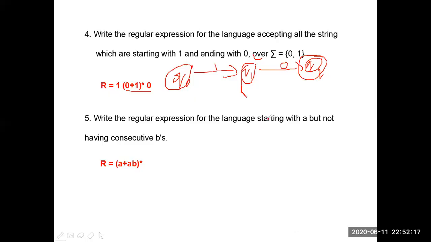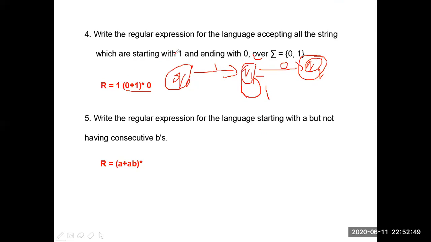for example, say from Q0, on reading 1, it will go to Q1. In the middle, if nothing is present, on reading 0 it will go to Q2. After 1, we have two options. Either 0 can come or 1 can come. If 0 comes, it is going to Q2. If 1 came, it will stay in the same Q1 only. Clear. See, for Q0, only one option is there. Compulsorily, it has to read only 1. It can't read 0.